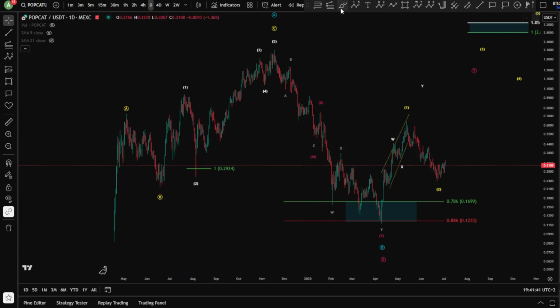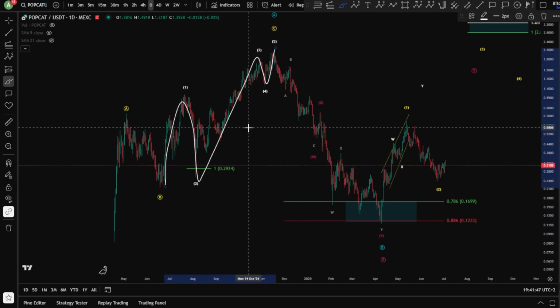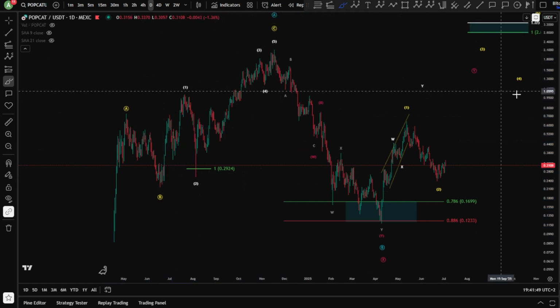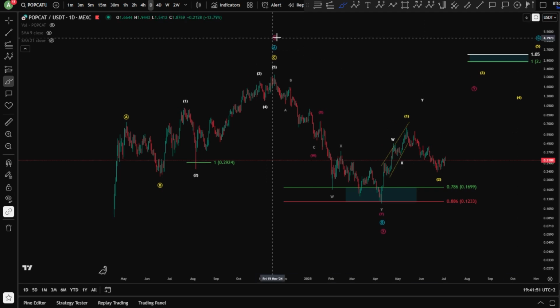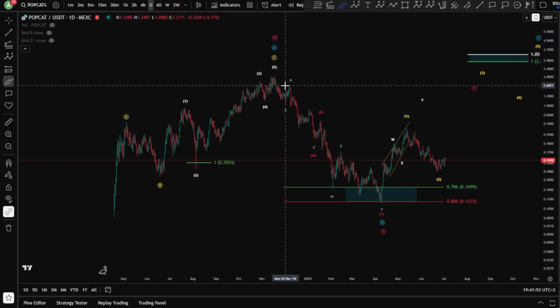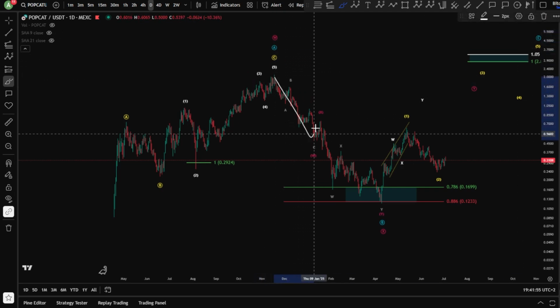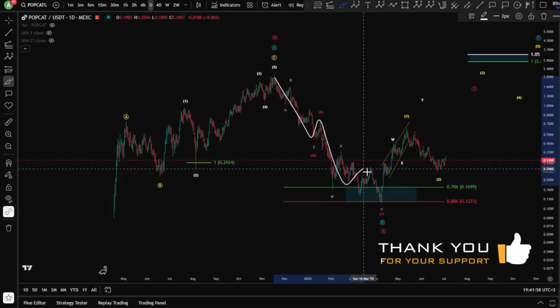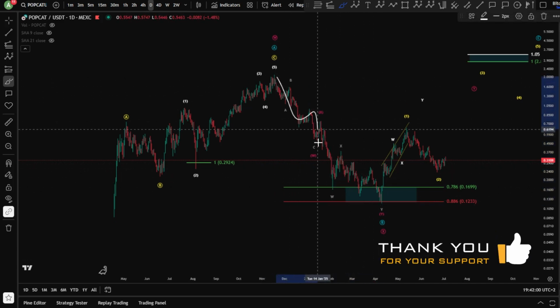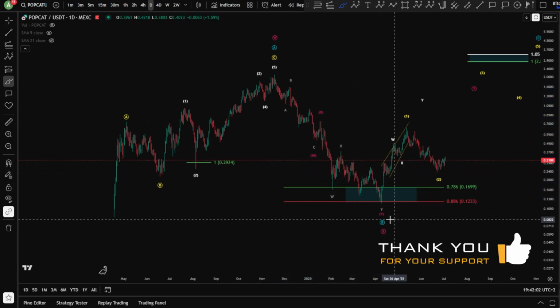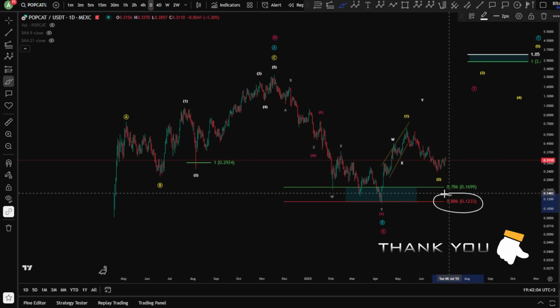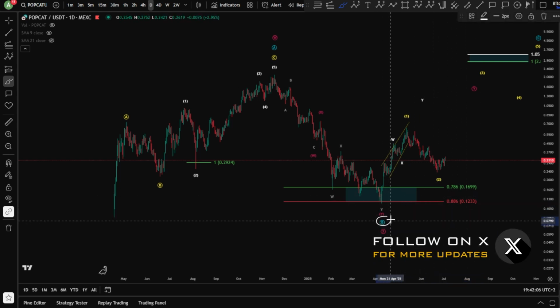So starting with the Popcat on the daily chart, where we have an A, B and a C towards the upside. Wave C finished as 1, 2, 3, 4, 5, and of course finishing with it a wave A in the blue scenario or a wave W in the magenta scenario. After both case scenarios, we are looking at a W, X and a Y here in double zigzags, of course, for this W, X, and a Y complex structure, taking the 886, meaning this is definitely a wave B or